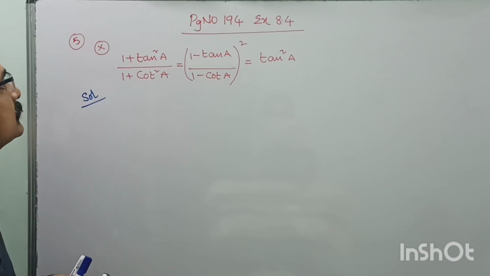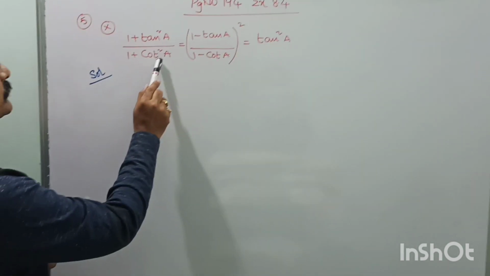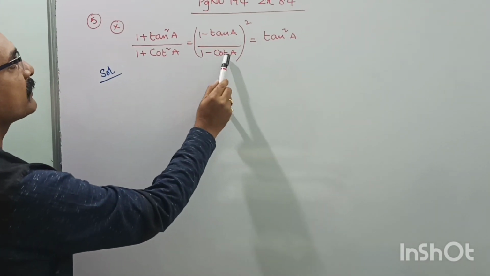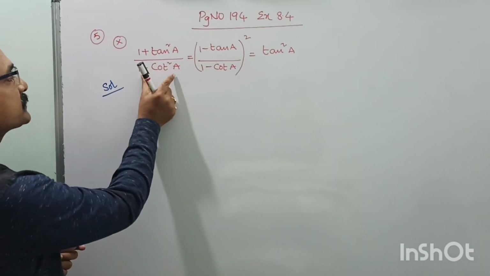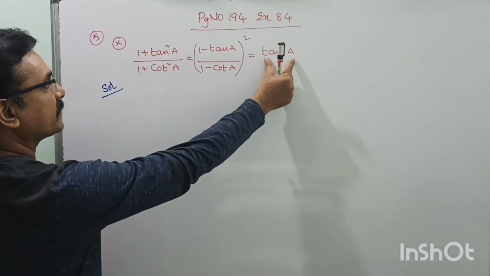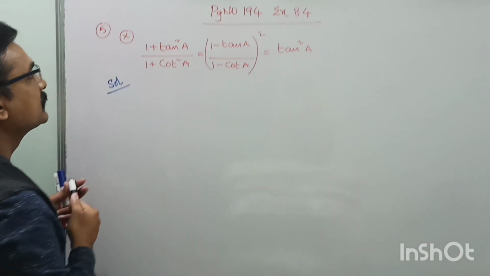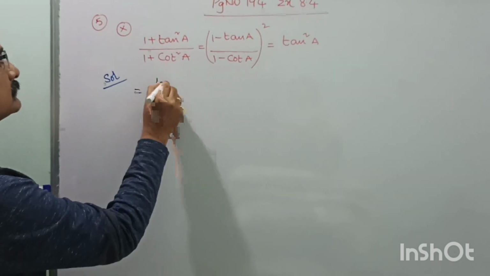Question number 10. We have to prove here two cases. We have (1 + tan²A)/(1 + cot²A) equals, we have to prove, tan²A, and ((1 − tan A)/(1 − cot A))² equals tan²A. So first you take this part and prove it as tan²A, and take the second part, this one, and prove it as tan²A. So first I am taking here 1 + tan²A